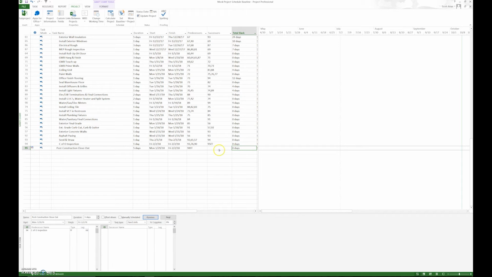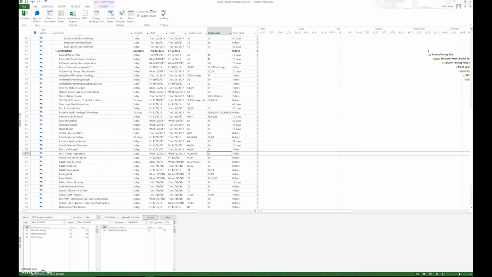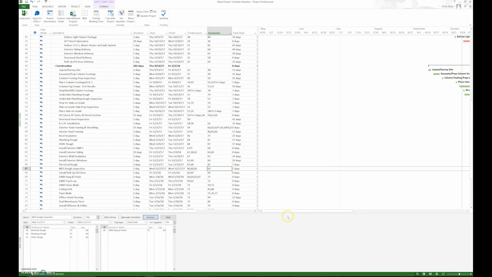So every activity needs to have a predecessor and a successor. That's the last thing that we want to do: go through every activity, and the last activity obviously won't have a successor. That's okay, we know that. But we're going to make sure a predecessor and a successor exist for each one. If it doesn't, we have to fill that in. Once we've completed that, we have closed the network, and at that time the float numbers and all that information